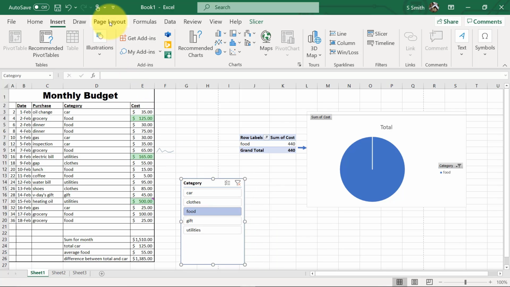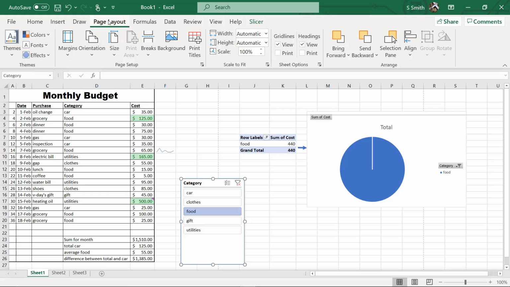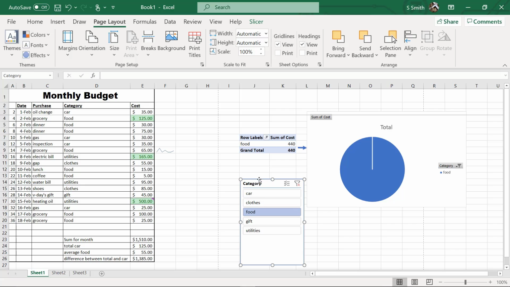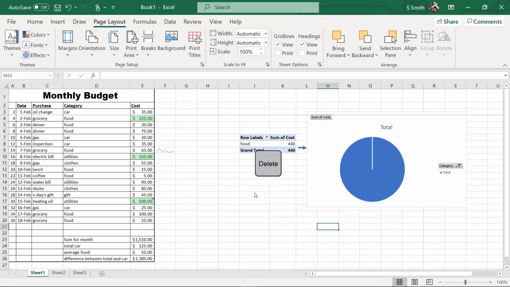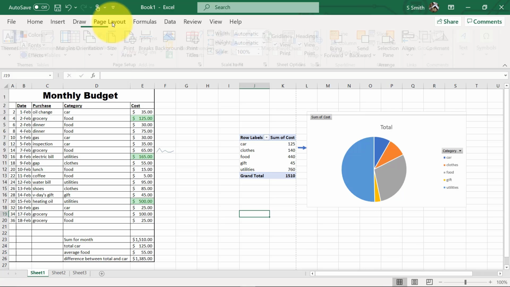And I'm going to go to the Page Layout menu. We have a perfect scenario for a Page Layout menu because I can tell this is all not going to print very nicely on one page. I don't really know if I want the slicer categories on my printout, so I'm just going to highlight that and hit delete. And then I'm going to look at the orientation, and I think in this case I'm going to change it to landscape. Next, I would like to go to the Page Layout tab.